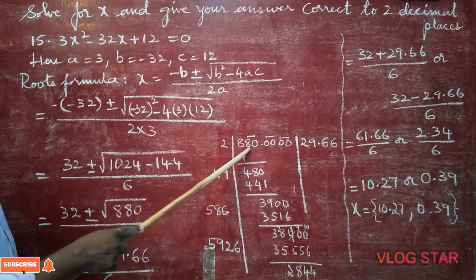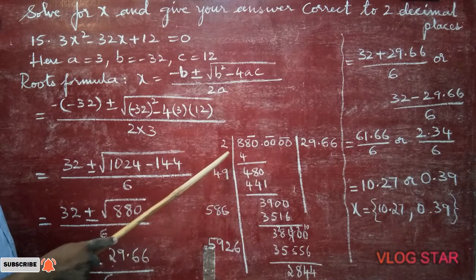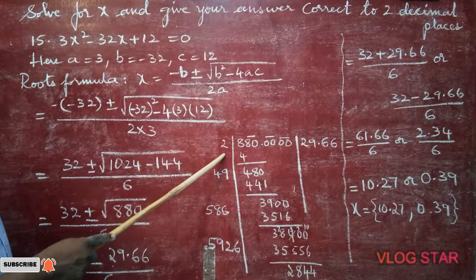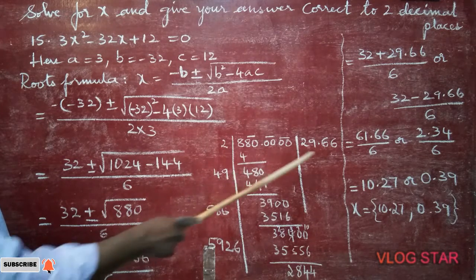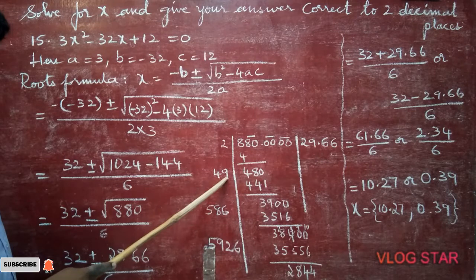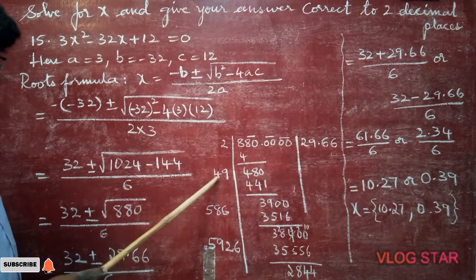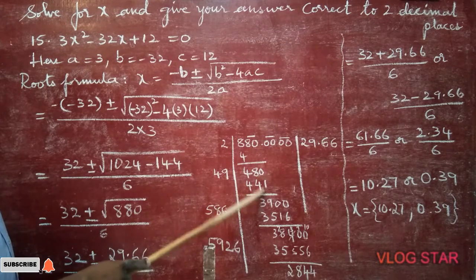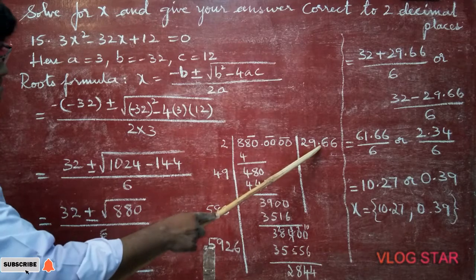The next bar is 80. You have to bring that bar down. 80. The 2 will be doubled, again add 2. 2 plus 2 is 4. How many times does it go? 9 times. So 9 right here and here also 9. 9 into 49, 9 49s are 441. Subtract, 39 will come. Here the decimal is there, put the decimal here.